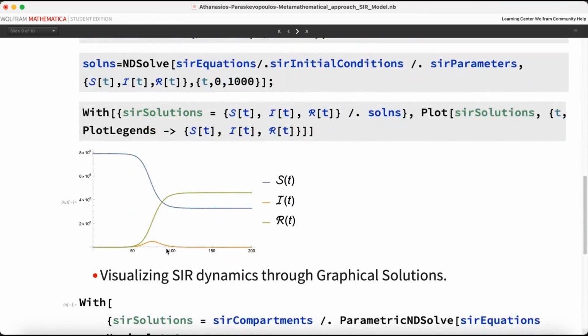As we can see here, the graphs are like our storybook. They visually show the journey of the disease. By looking at them, we can see when the disease started to spread, when it was at its worst, and when it begins to slow down, as we can see here. It's like watching a movie of the disease's journey.